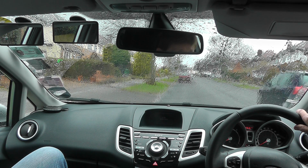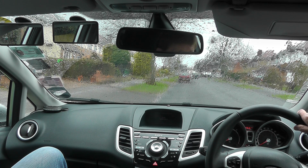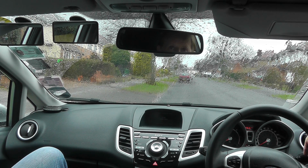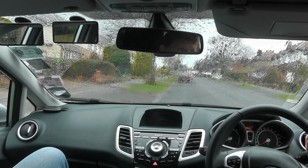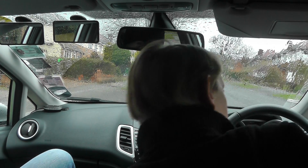Just on your lessons, have you ever had to brake sharply or actually do an emergency stop? No, never. Right. On the way there, we're going to have a look at mirrors, and the importance of mirrors. If you want to get yourself set up,